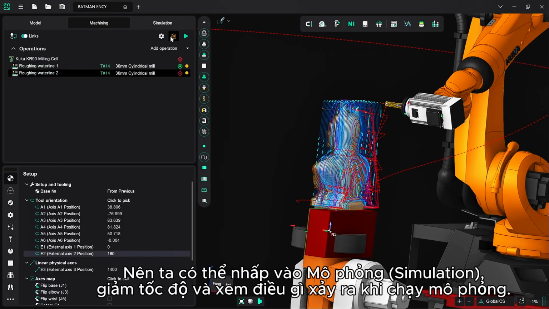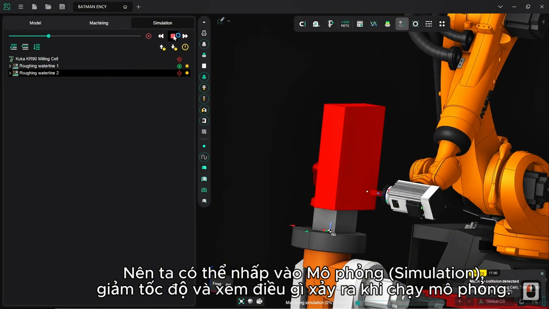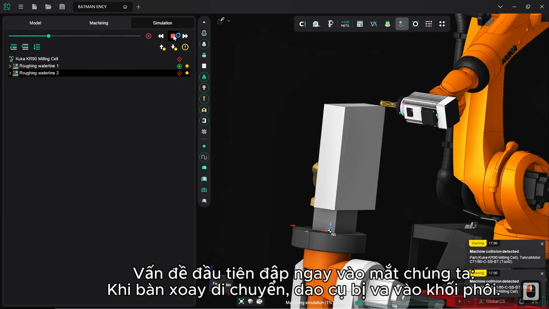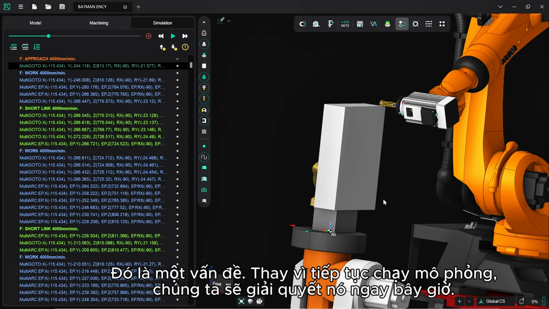So what we can do is we can click on simulation and we can slow this down and then watch what happens when we run the simulation. And the first problem, it's staring us right in the face. When the turntable moves, the tool intersects with the work block. This is a problem. So instead of continuing to run the simulation through, we're going to deal with it right